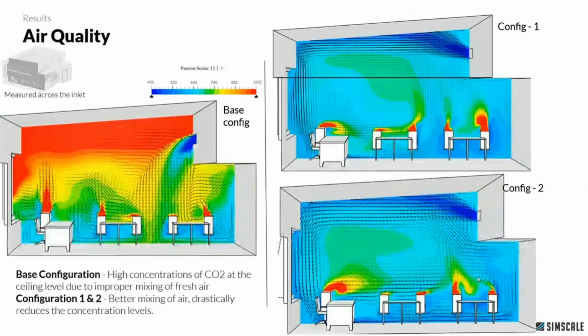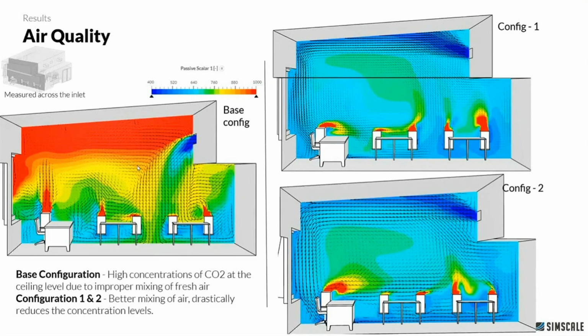In the next slide, we can see how the air quality changes within the system. So as in the base case, due to this stack effect, there is a high dominant upward rising air, and this creates a large amount of concentration near the ceiling, and there is no better mixing in the room with the air quality. You can also take a look at the amount of CO2 at a particular level in the next slide, but